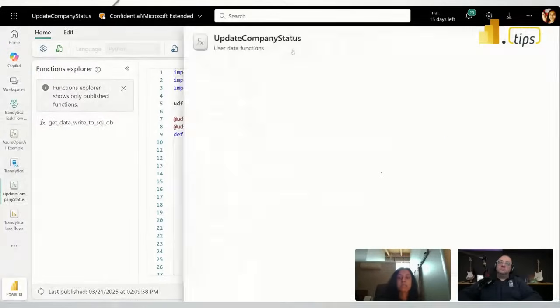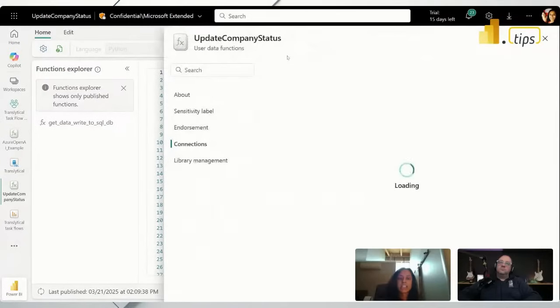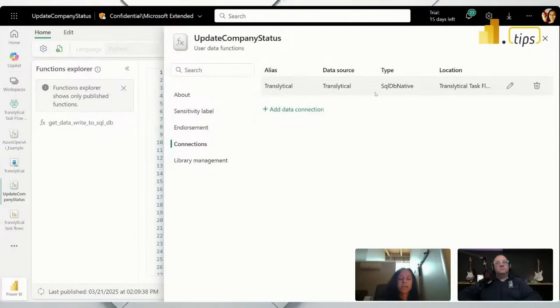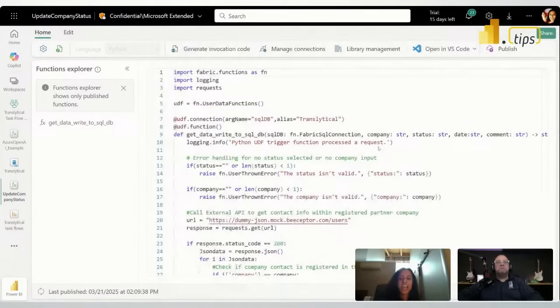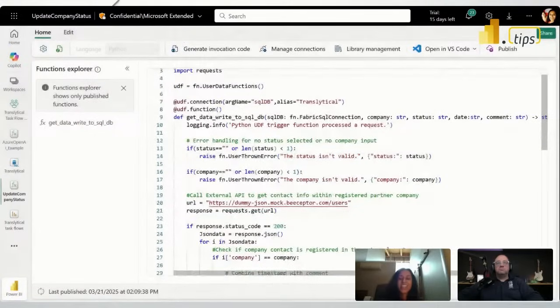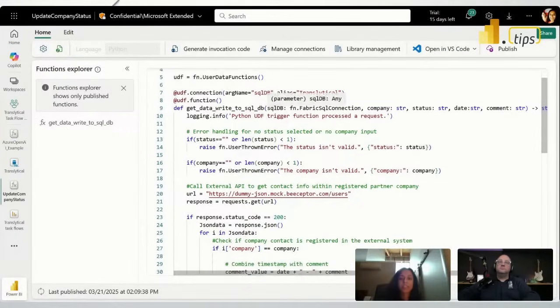So in this case, I'm doing that write back to that SQL DB. And you can see here, that's the name of my database. And I'm using user data functions to automatically manage the credentials here. So you're not seeing any passwords or credentials stored in text. The user data function is doing the heavy lifting of managing that connection. And so I'm just calling out what that connection is, giving it a name,